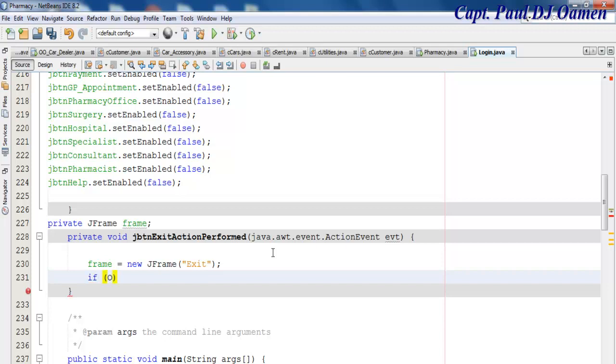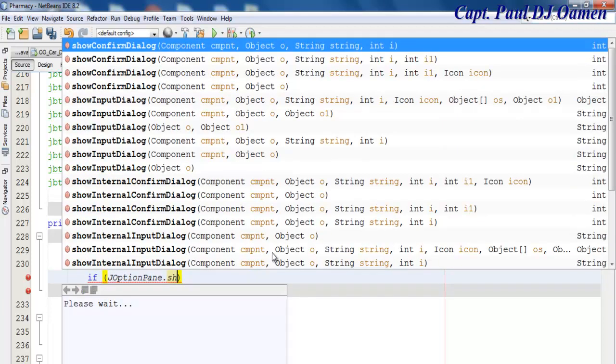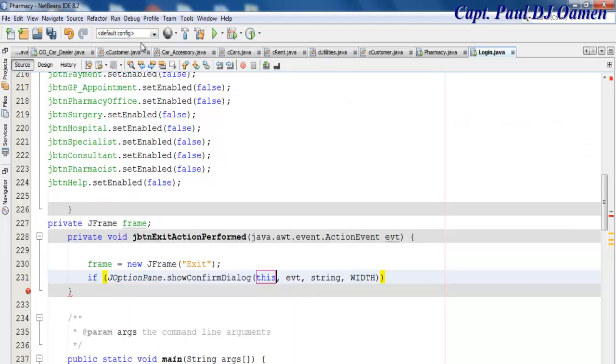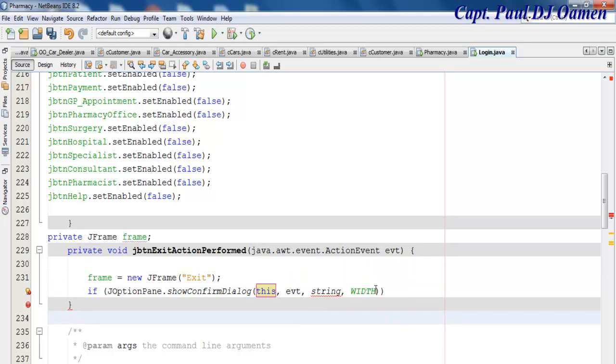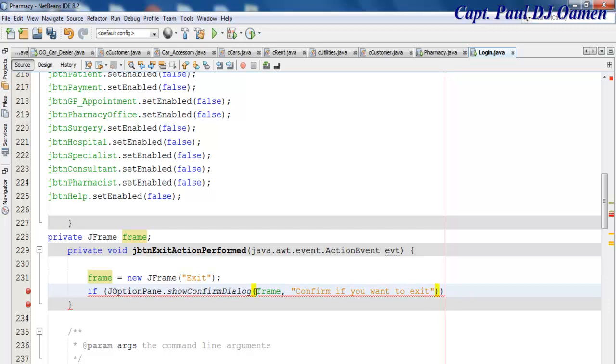If JOptionPane dot showConfirmDialog, and in there that is going to be frame, let's say comma, confirm if you want to exit, right, and come out here comma, the name of my product, that's Pharmacy Management System. Right,